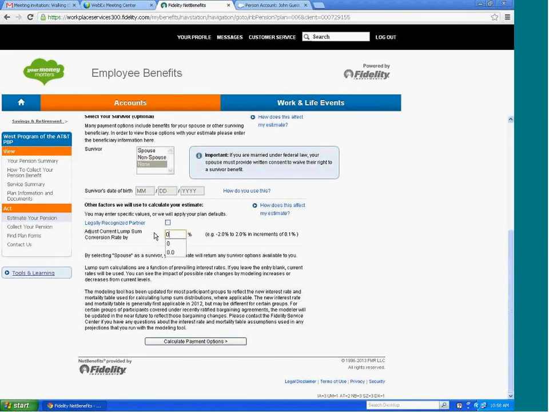So what you could do is run one pension projection at a 0% interest rate. That means no adjustment to the current. Then jot down the numbers and run a second one at 1%. You can show the difference between the two. So let's run the same retirement date but different interest rates and show how they can have an effect on your plan. So that's what we'll do here. We'll run a